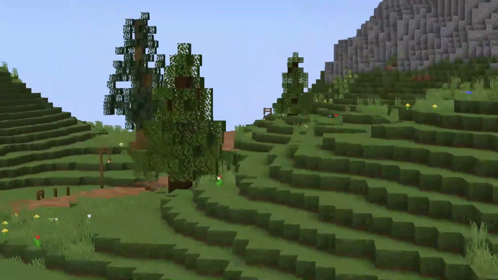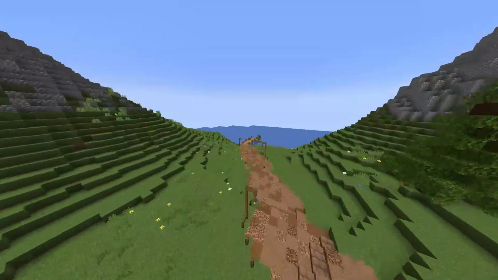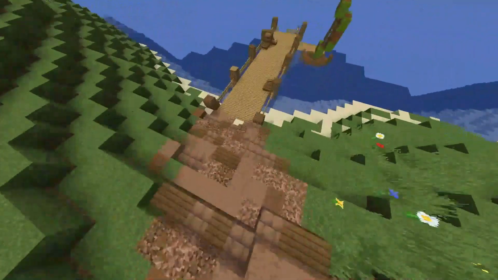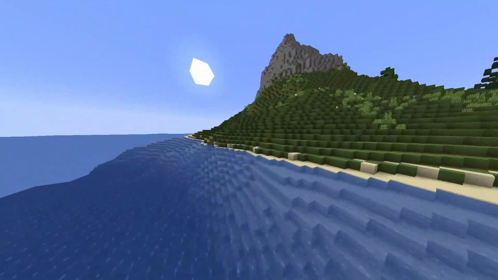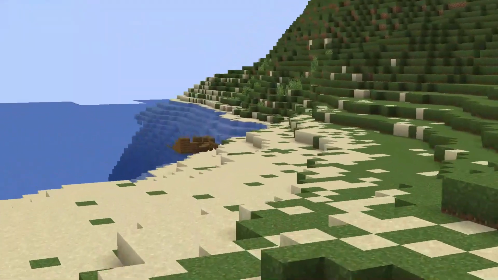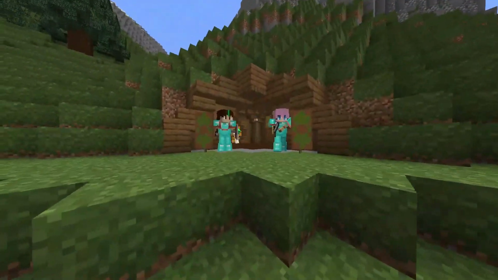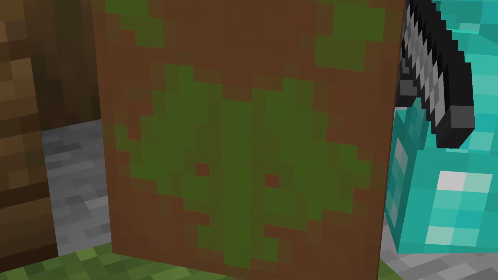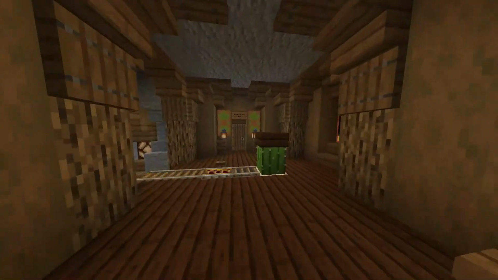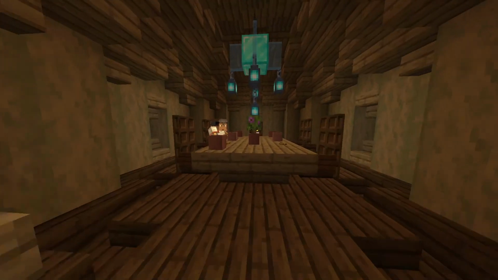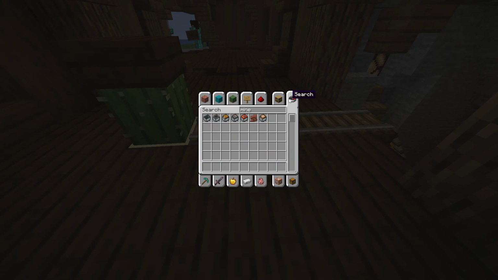Over here we have these docks, I believe. Yep, right there. Got a nice boat, small little dock. Some detail here as well. If we fly over here, you'll be able to see another boat where it looks like they rode over here. Then we got this team's mine base, which looks very cool. You can tell the banner matches the team colors. And inside we got some storage here. Got a meeting/dining room.